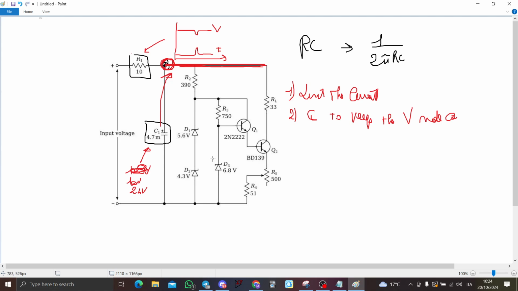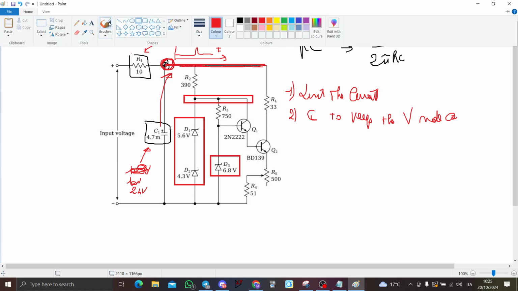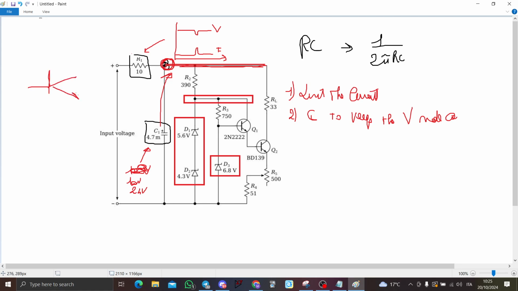Here you can see that there is one diode D3 and two diodes D1 and D2. Now, what is the purpose of this? Okay, the purpose of this diode, in my opinion, D1 and D2 gives constant reference voltage here. Constant reference voltage to the collector of Q1, because remember that a transistor, when in linear region, needs to have a proper collector voltage, VC, a proper stimulus in the base current, IB,